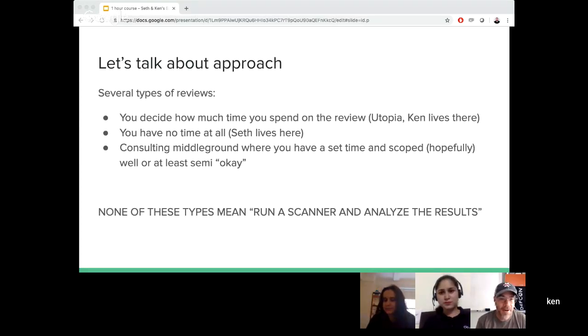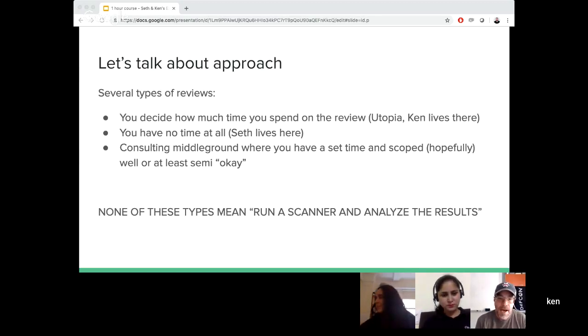And so this is why we talk about the approach that we're taking here, right? If you can decide how much time you have to spend on a review, like Ken, who works for GitHub, they look to the security guys to tell them, for this security review, I think it's going to take us 3 weeks to get through this code and perform a decent coverage review. That's great. In my space as a consultant, I have a very time-boxed assessment period. I might have a week or 2 weeks with a code base, but that includes everything from getting to know what the application does, what its purpose is, and all the different nuances,